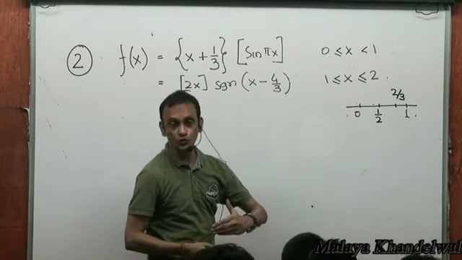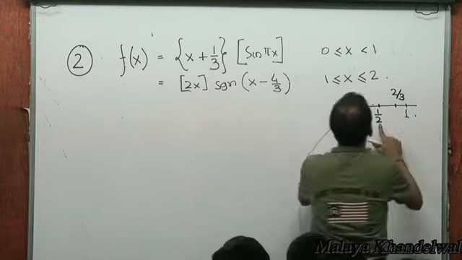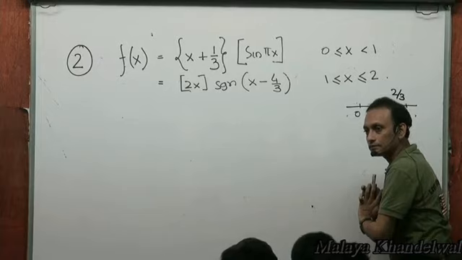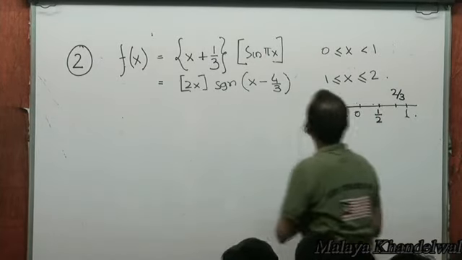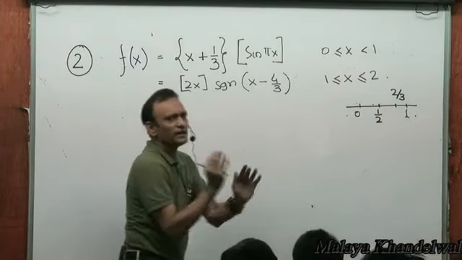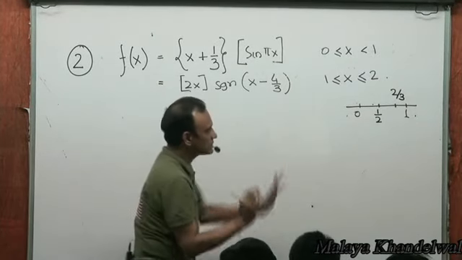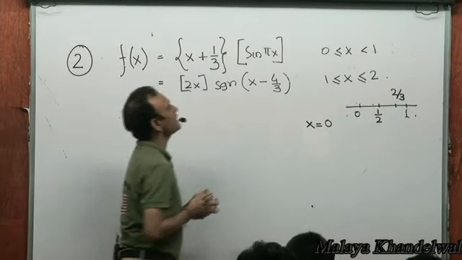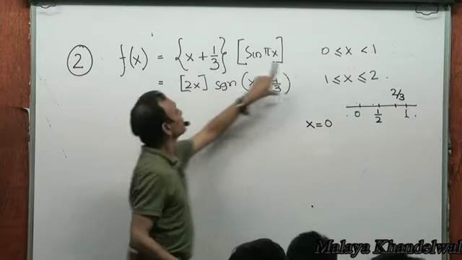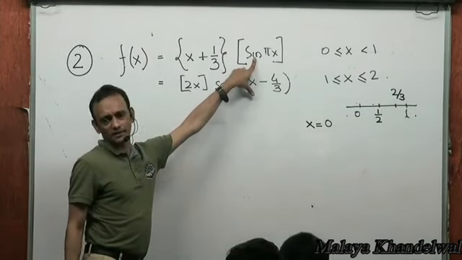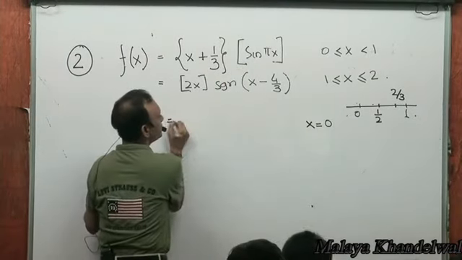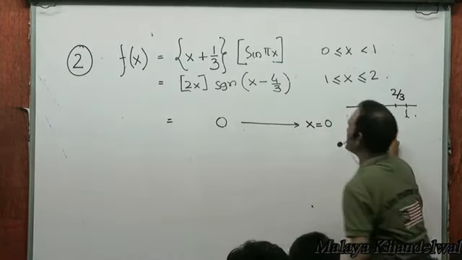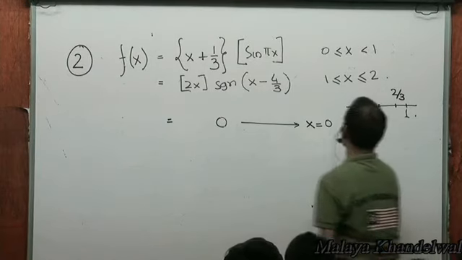So we then want to break it up into 0 to half, half to 2/3, 2/3 to 1. Yes or no? Now, just to isolate 0 to begin with, I'll amalgamate the intervals subsequently, but just for the sake of analysis, at x equal to 0, which is a point, this will obviously become 0. Sine 0 will become 0. f(x) is clearly 0 at x equal to 0. Right? Now, for x greater than 0 but less than half,